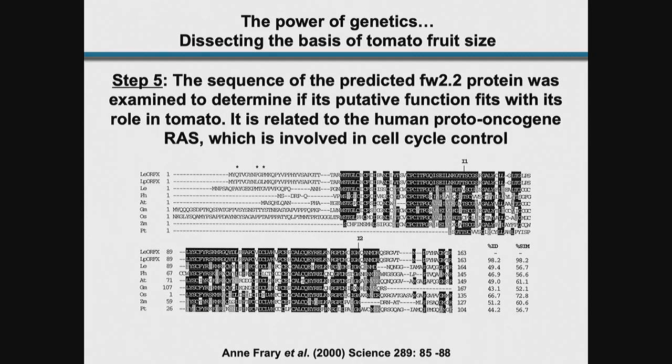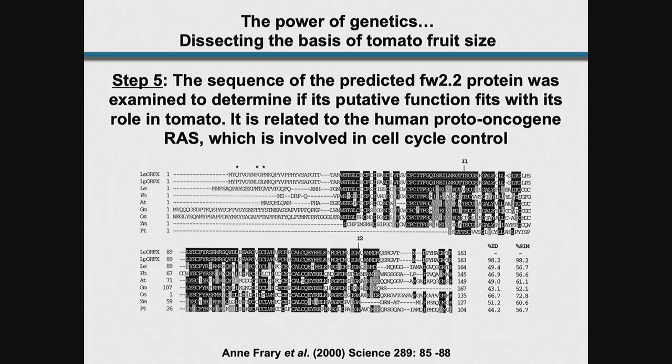And then they looked at the sequence of this predicted protein, because they wanted to know, okay, what is this locus that we found that appears to be associated with fruit size in this experiment? They found that its putative function was related to the human proto-oncogene RAS, which is involved in